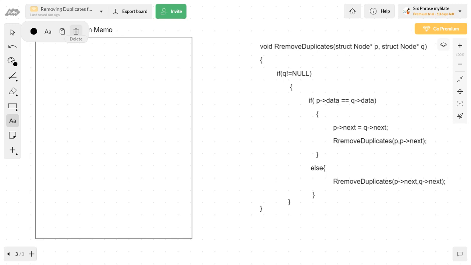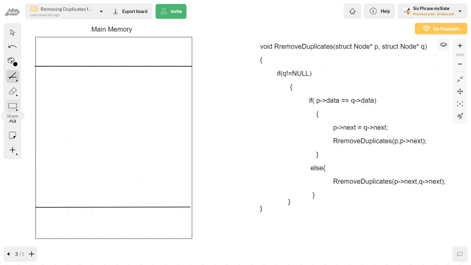Main memory consists of three parts actually. So I'll draw a line to segregate it: the topmost part, the middle part, and the bottommost part. We know already what these three parts are. First part is actually heap memory.